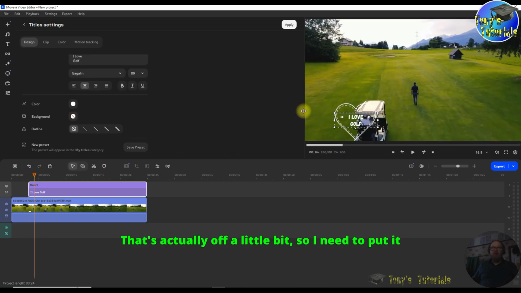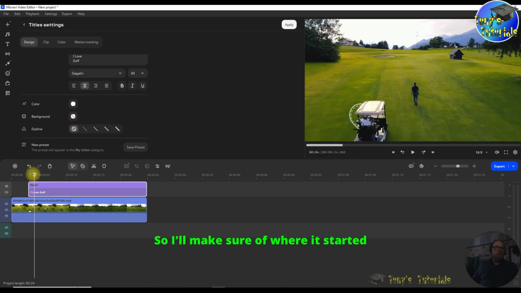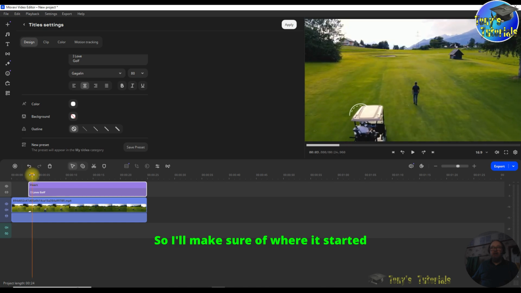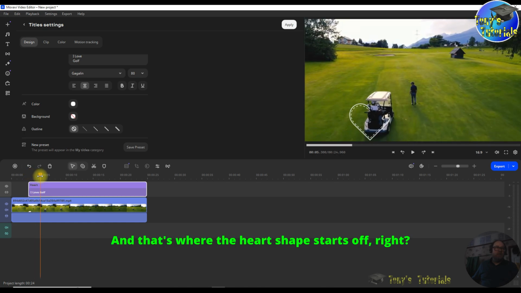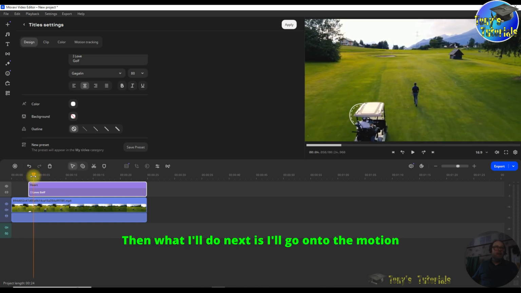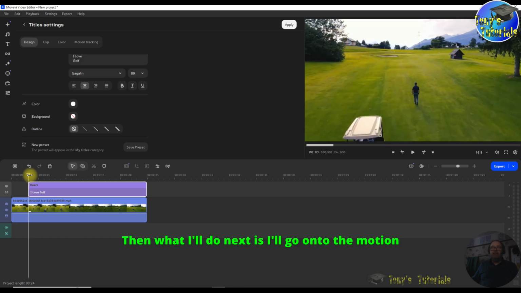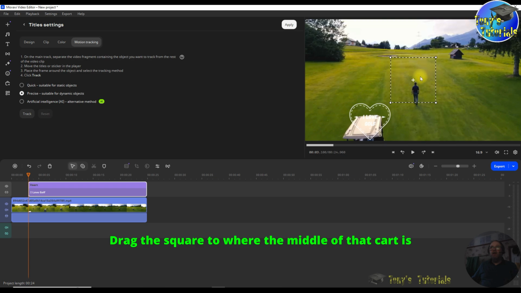That's actually off a little bit, so I need to put it there like that. Right, so I'll make sure of where it started, and that's where the heart shape starts off. Right, then what I'll do next is I'll go onto the motion tracking for it, drag the square to where